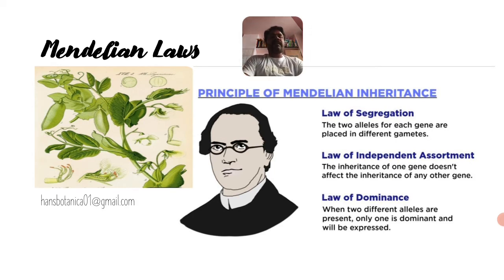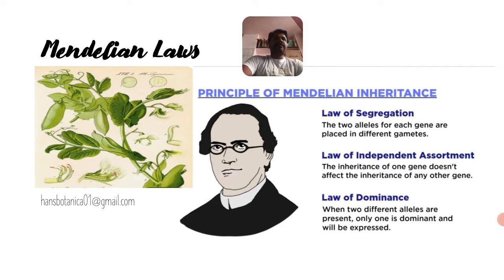This is what was explained by G.J. Mendel. Another law explained by G.J. Mendel is the law of segregation. Whenever a cross is made between two parents having a single pair of contrasting characters, the characters separate at the time of gamete formation. So when tall and dwarf plants are crossed, they yield tall plants, which shows the law of dominance.